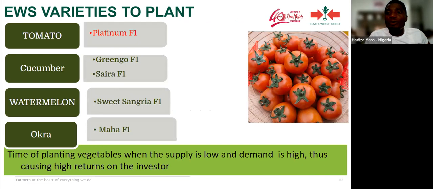So I'll talk about the experience of the variety that we have here. Fantastic variety, right? We know, for the major part for us in the South, for farmers in the South, these crops are very expensive from April ending going onward to maybe July. So if tomatoes are going to be expensive in April ending or May ending, going to July, you know when to plant, right? And that's the question that Abdul was raising. You have to have your calculation backward, and this is the time to plant for the Southwest farmer, when the Northern farmers are stopping operation. And for the Northern farmer, there's nothing stopping you from operation or planting around the wet season.